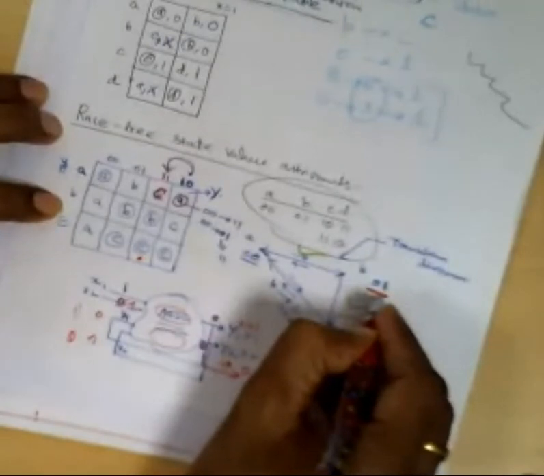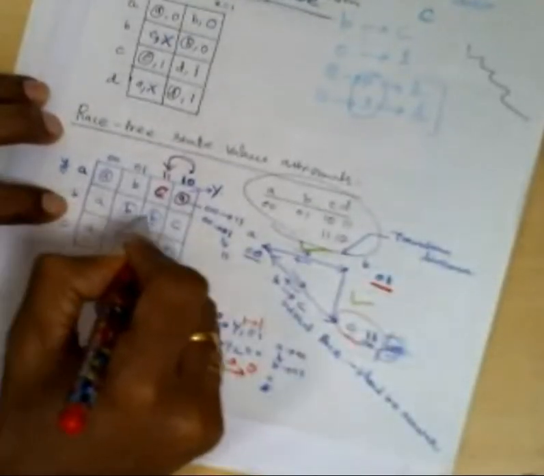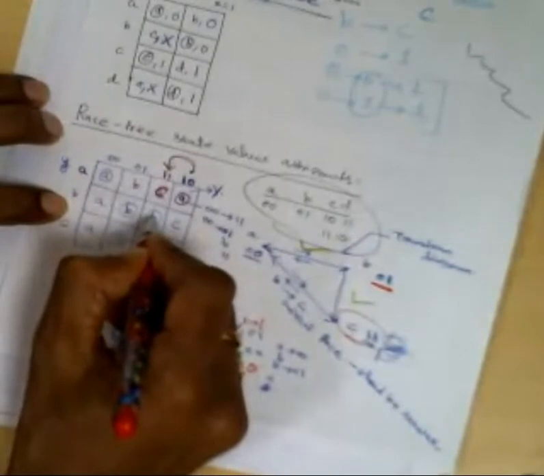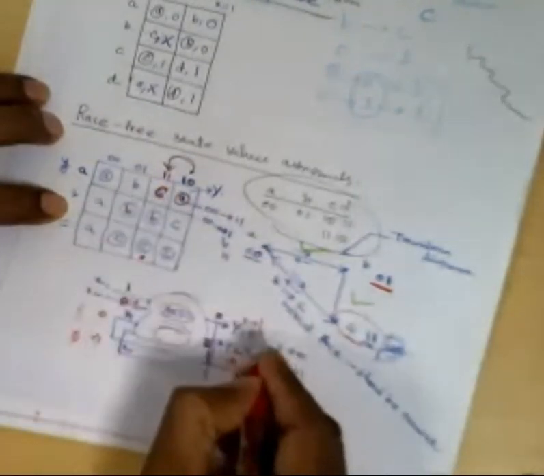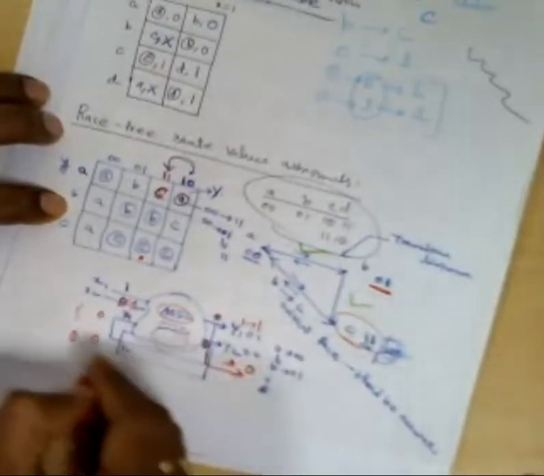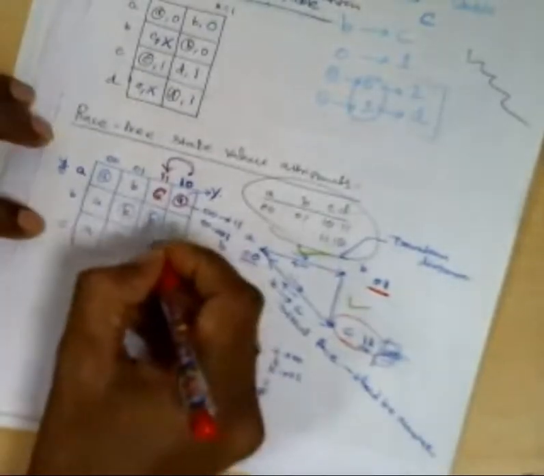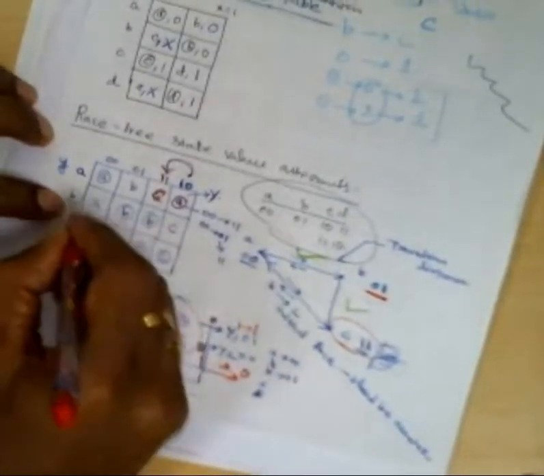0, 1 is also a valid state here. So B is going inside. The input is 1, 1. Then again the circuit will generate 0, 1 only, because there is a stable state here. That will generate 1, 0, 1, 0. So your circuit will never go to 1, 1, because there is a stable state at this place. So when B is coming here, then the next corresponding output will be B only. You understand now, Mainak? Yes, sir.